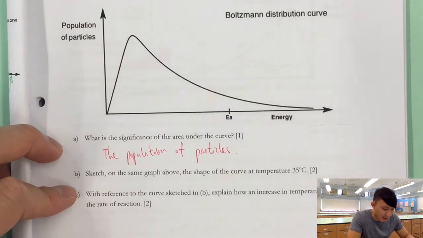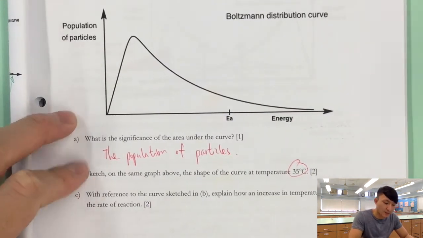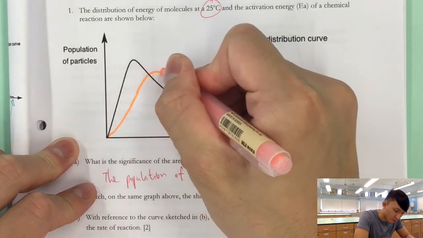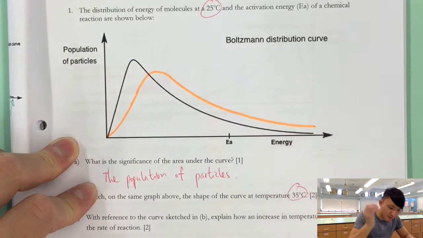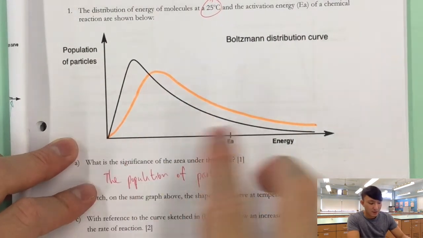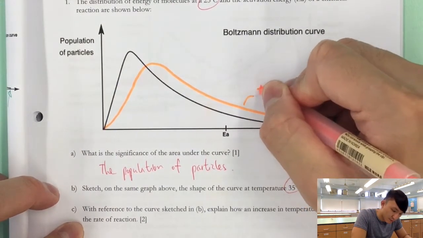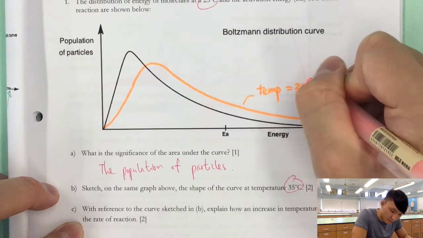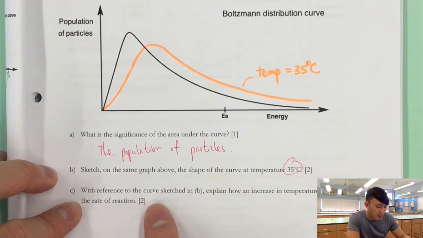Now, sketch on the same graph the shape of the curve at a higher temperature. So at a higher temperature, we are expecting a rightward shift. So like this, okay? Right, and down here, with reference to the curve sketched in B, explain how an increase in temperature affects the